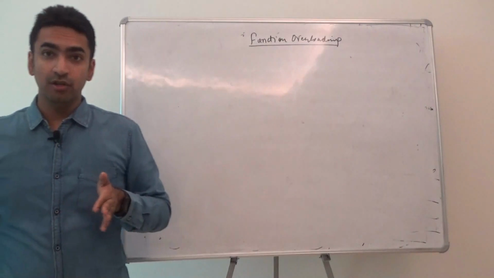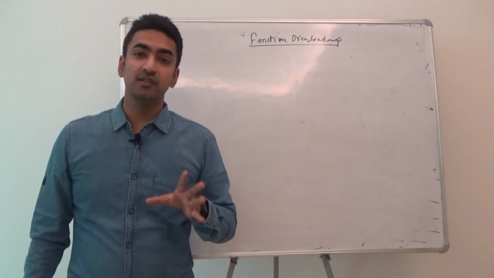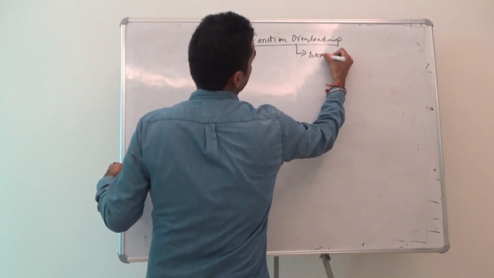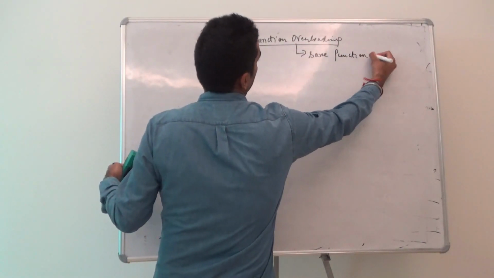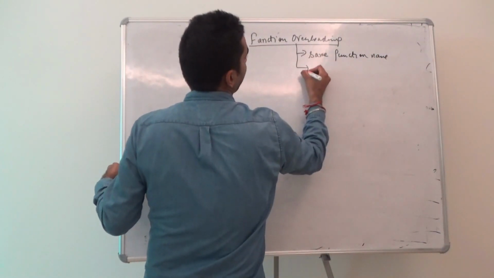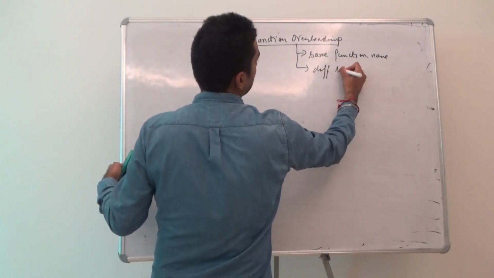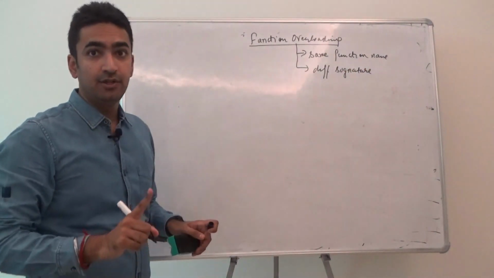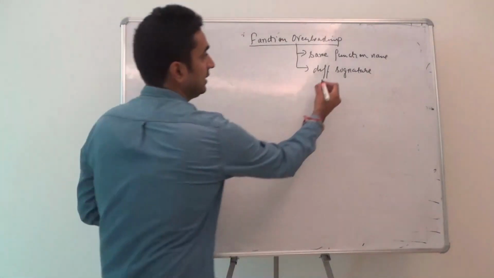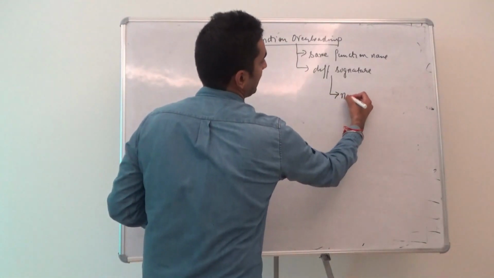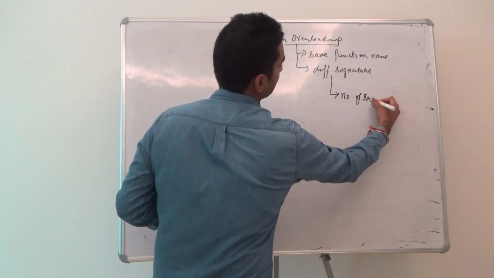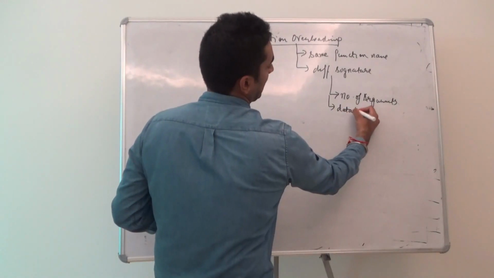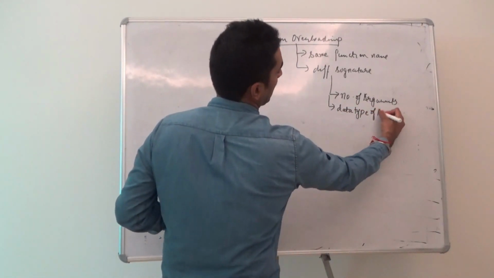So in function overloading, what we have to do is use functions where, first, you have to use the same function name and a different signature. With a different signature you have to understand two important things. Signature is identified by the number of arguments and it is also defined as the data type of arguments.